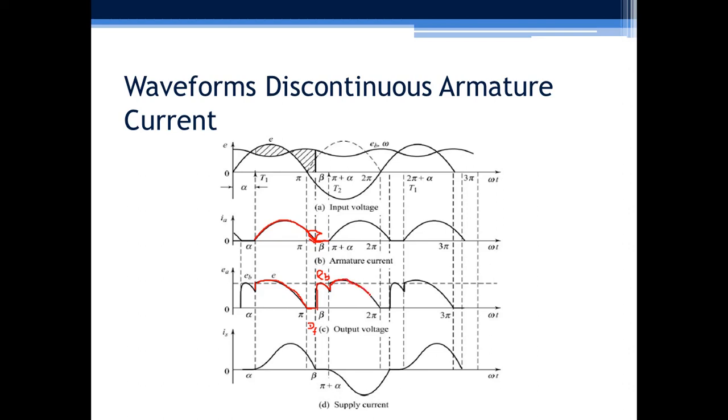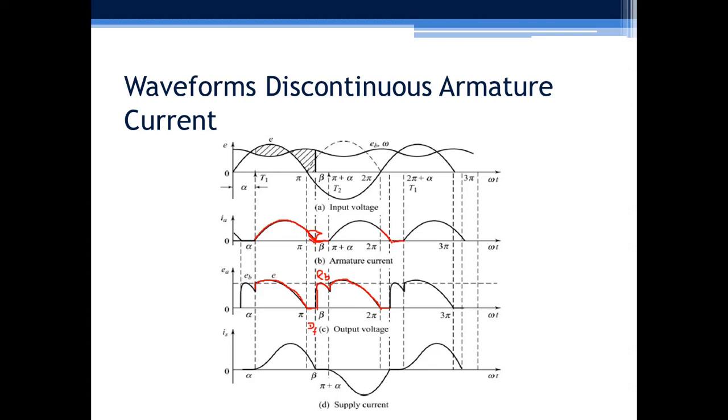Again power is flowing from source to the load. We get the positive part in the output. So power will flow from source to load. At 2 pi, these two devices will again turn off. So freewheeling will take place. This current will be kept in the positive half cycle, but due to the discontinuous or low value of inductor, it will become 0 at this point, and we will get this discontinuous current.